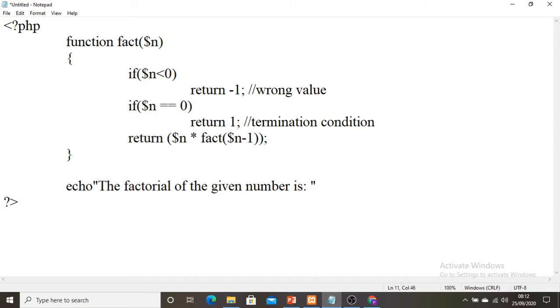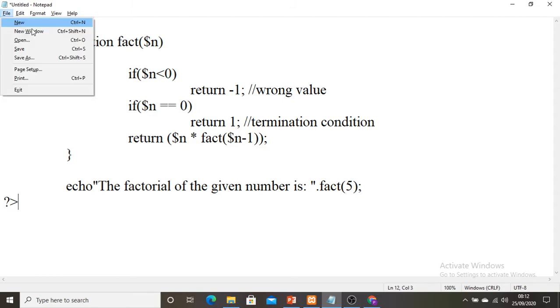So I will use the dot operator here to make a function call. I will make the function call fact, and pass the number whose factorial I need to find out. It is 5. So I want to find the factorial of the 5, and let us check what output I will get.